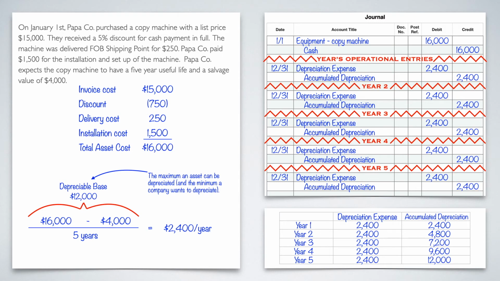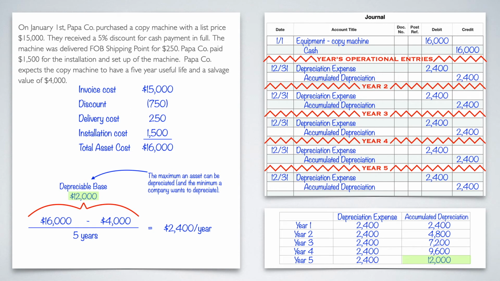Now, really quickly, I want to note this before we go to the next slide: notice what is in our accumulated depreciation in year 5. We have 12,000 in year 5. We have 12,000 as our depreciable base that we stated earlier. That is the point that we want to hit. And if you're doing straight line right, you're going to hit that because you're taking your depreciable base and dividing it over however many years you have in useful life. So this is how you do a straight line depreciation problem.